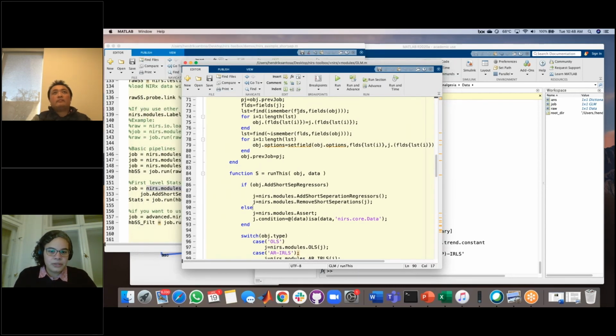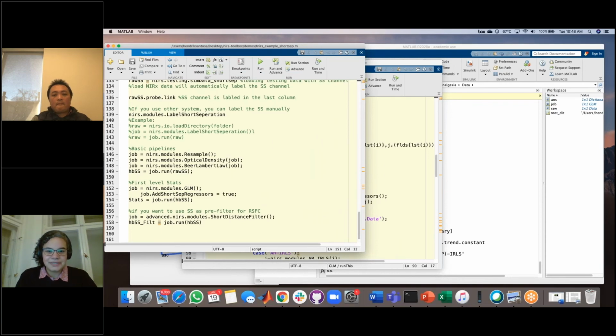Apart from having the option in the toolbox, we also have Ted in the audience there, and he can add on top of your answer. The combine section uses both time courses from oxy and deoxy as regressors in the model, right? So you're not just using oxy or deoxy, you're actually combining both and using them in the GLM as regressors. Okay. I mean both oxy and deoxy, or either oxy or deoxy. Yes, so you can choose, but what you show in the paper is that when you use the combination of both as regressors, it's actually better. Better, yes. Okay, thank you very much. Thank you, Ted, as well.